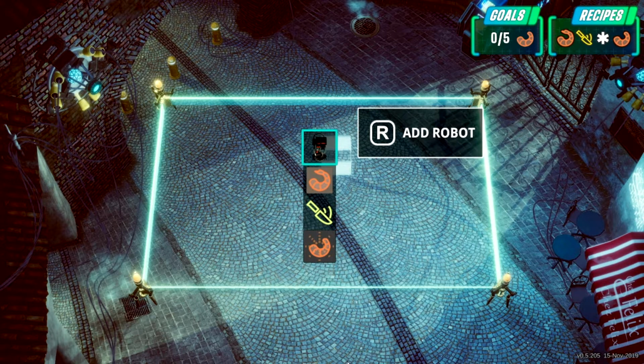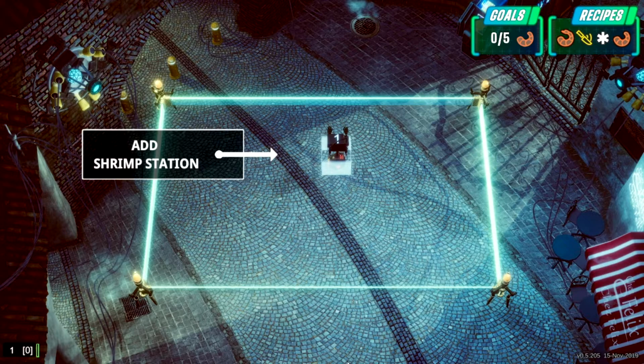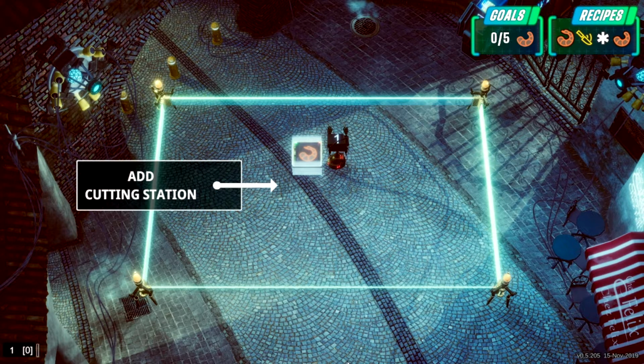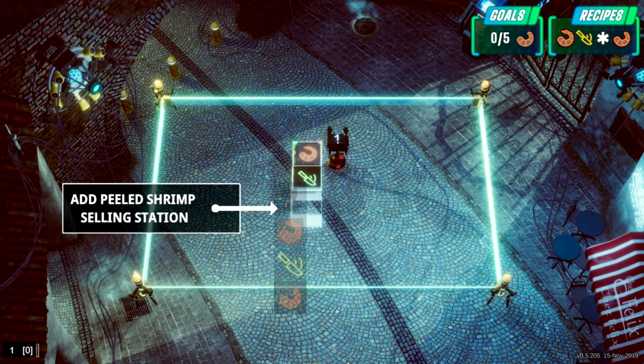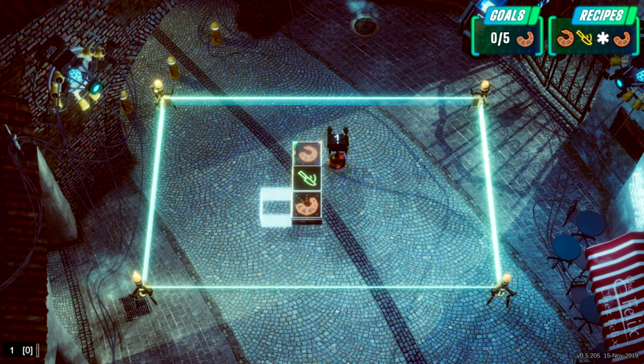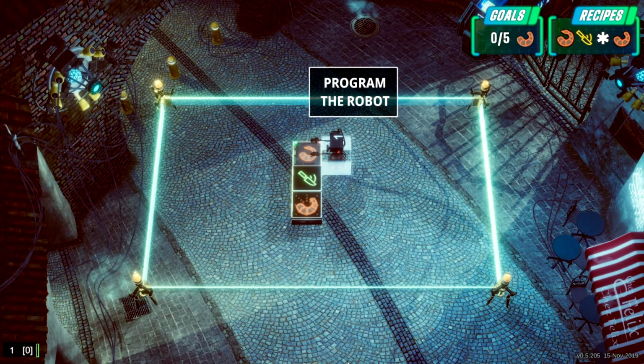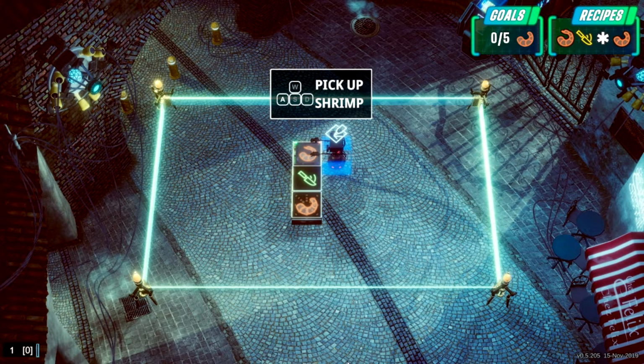Okay. Level 3 shrimp, introducing manual recipes. R for menu, R to add robot. Add a shrimp station. So I guess that's this. Add a cutting station. Add peeled shrimp selling station. Okay. Alright, I see what they're doing. So R, make robot look left. Program the robot. Okay, so R, pick up the shrimp,